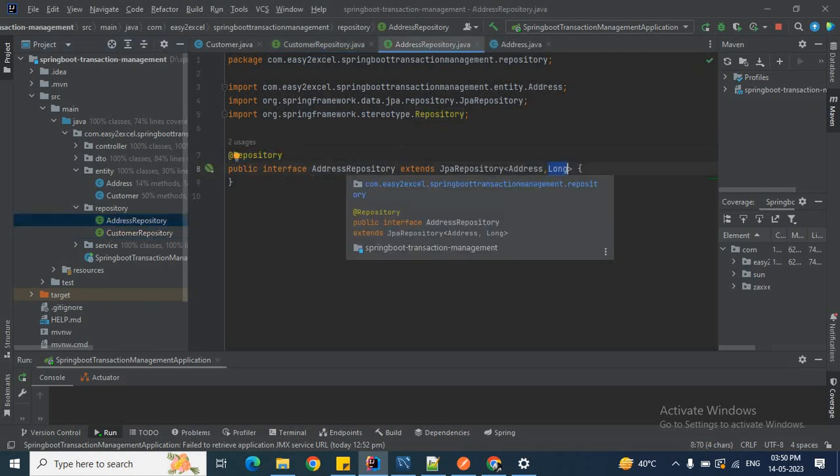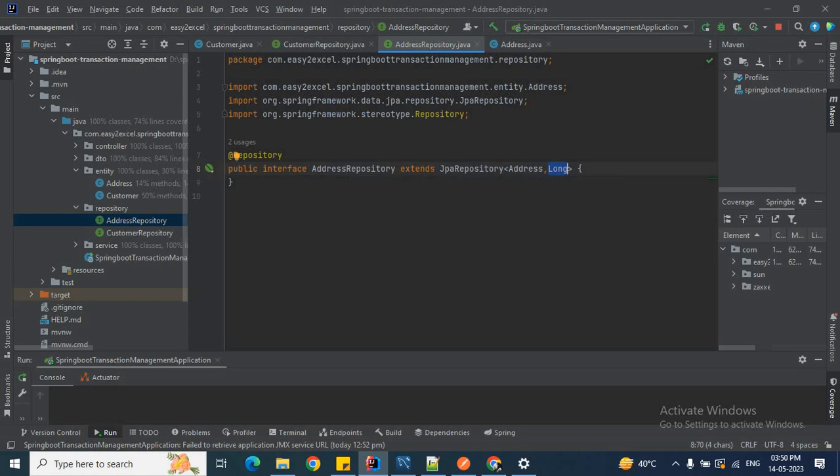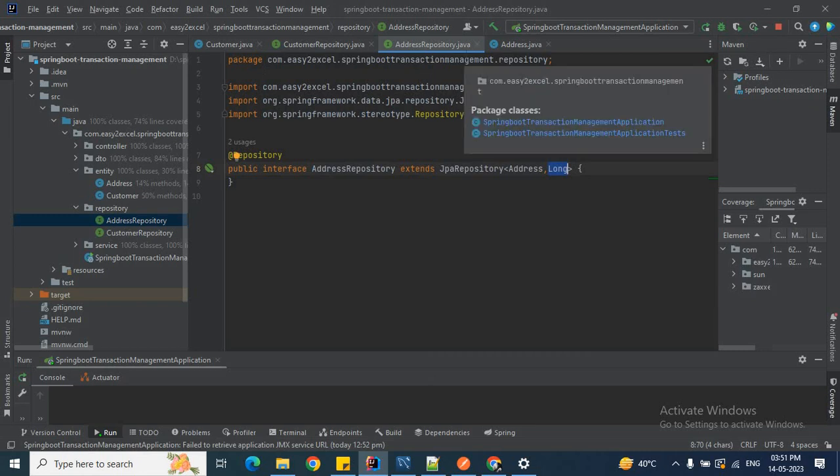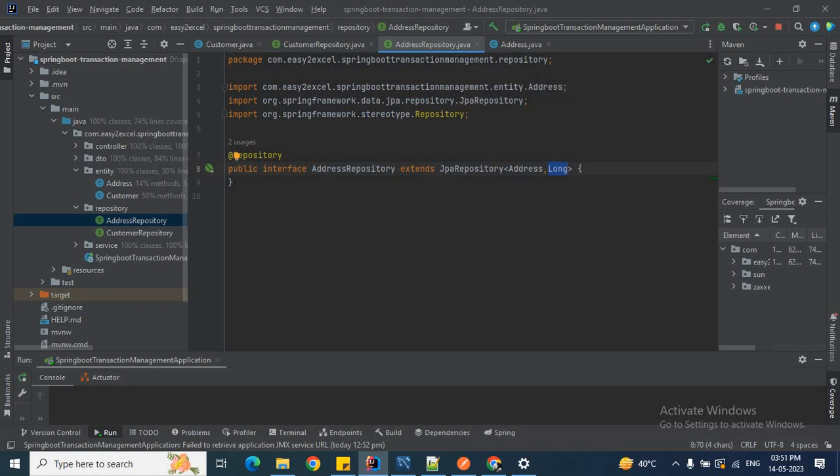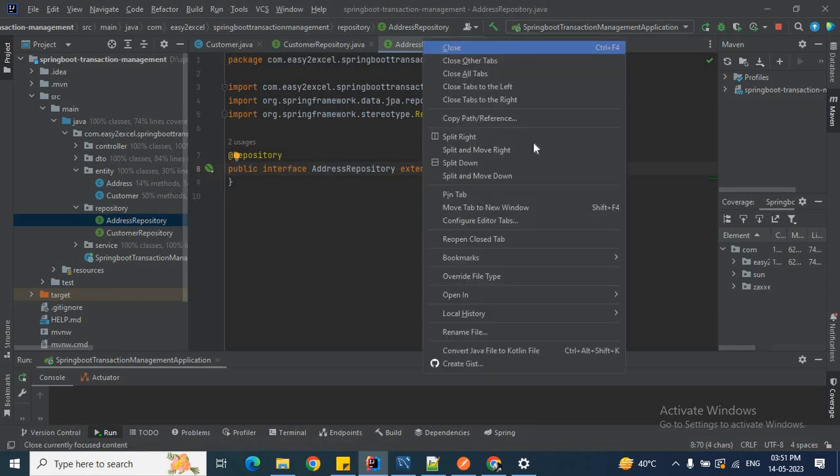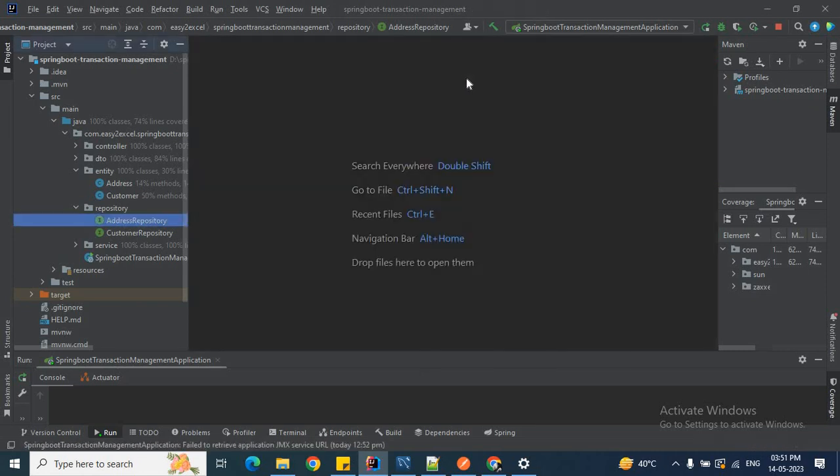Similarly, I created the address repository to save the address details, which also extends JPA repository, with the address entity and the address class primary key data type. Clear so far? So we have two entities and two repositories, one for each entity, to save the data or to deal with the database. Clear? So let me close all those tabs.